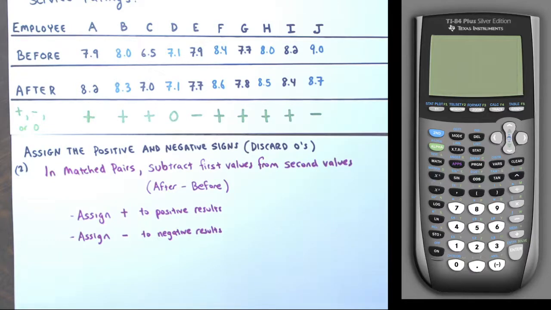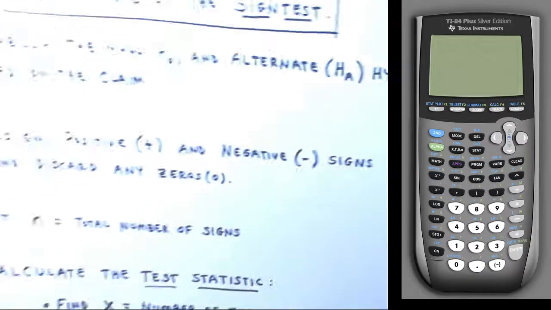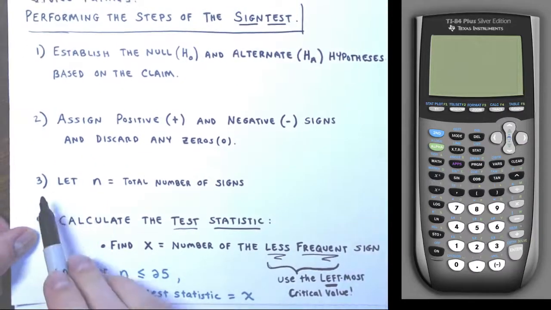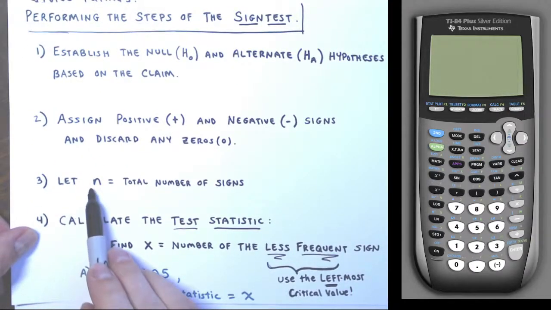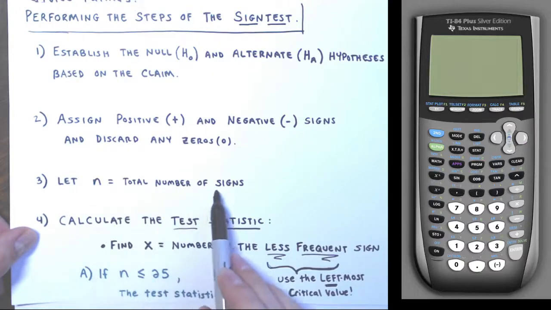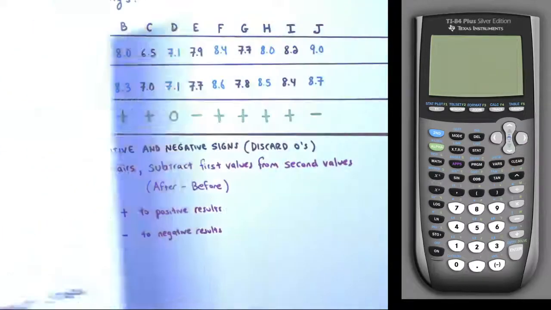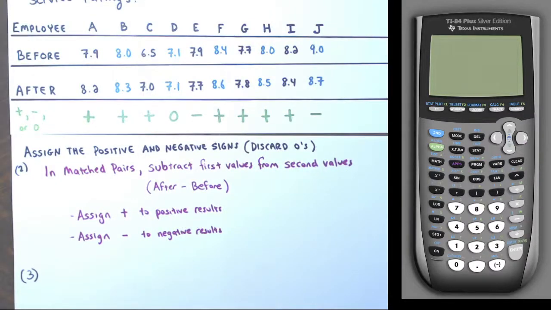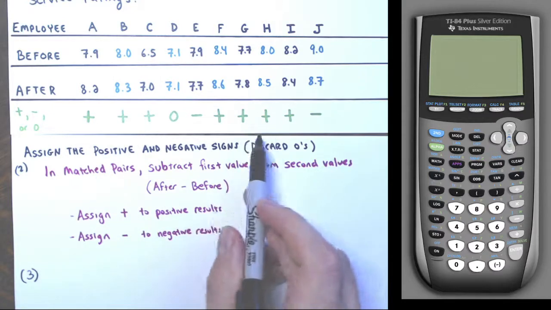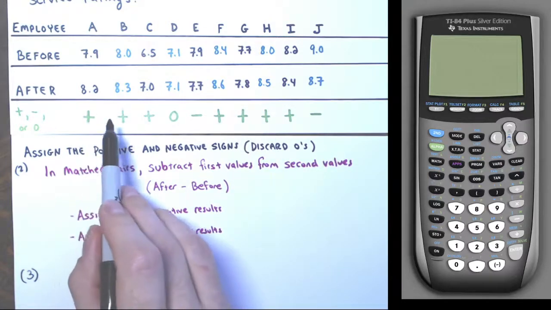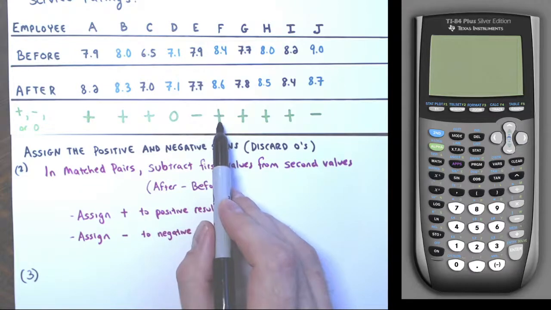Then step 3 was assigning that value of n. As I mentioned earlier in the steps, n will be called the total number of signs, right? Again, just the plus signs and just the minus signs. So let me count these. There are 1, 2, 3, 4, 5, 6, 7